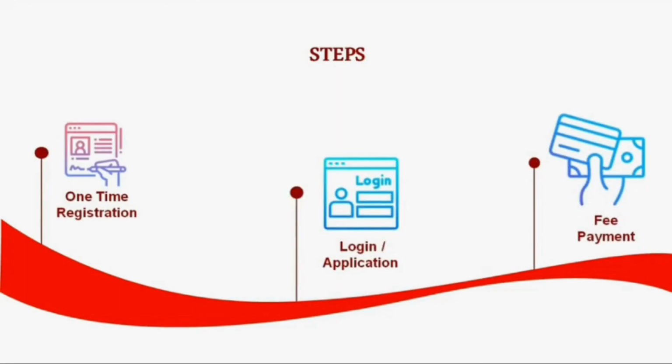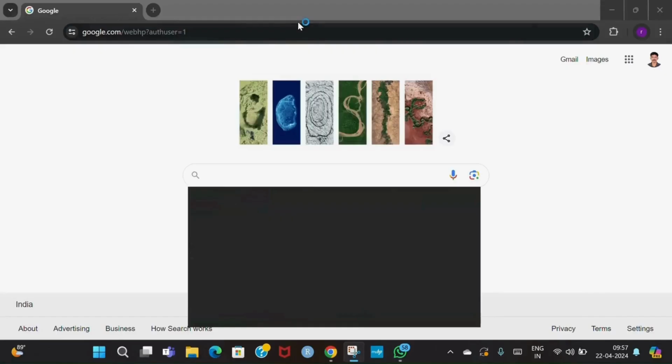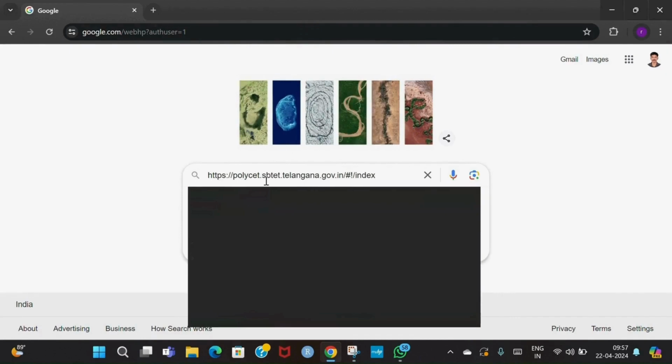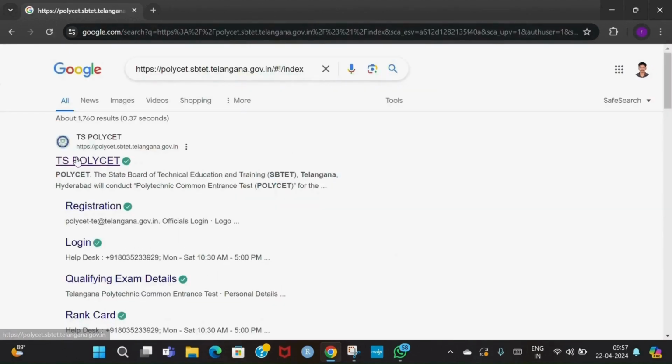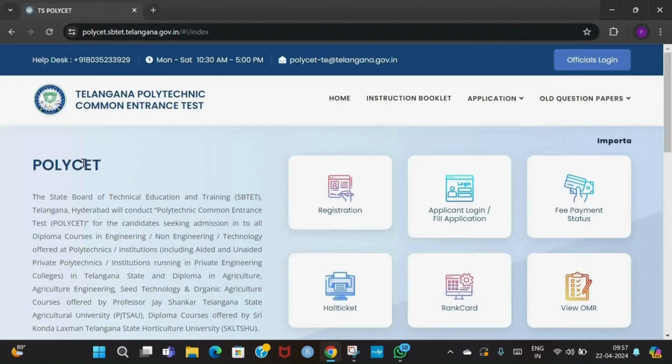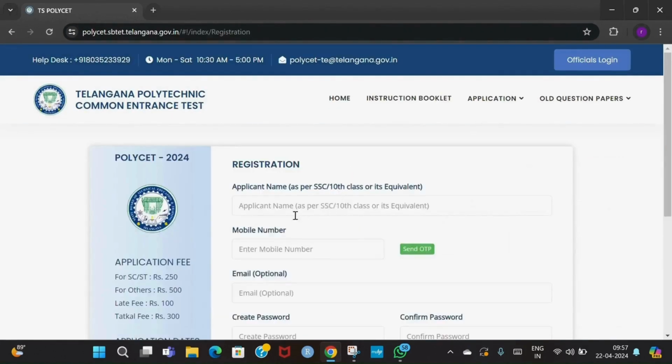Steps to be followed: one-time registration, followed by login/application, and then fee payment. Now the registration process: open a web browser, click TS POLYCET, click on the first link TS POLYCET, then click on the registration tab, enter applicant name as per SSC, enter mobile number,